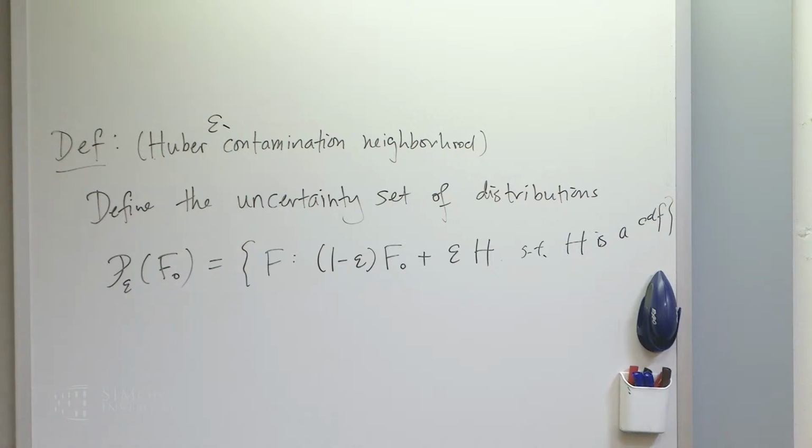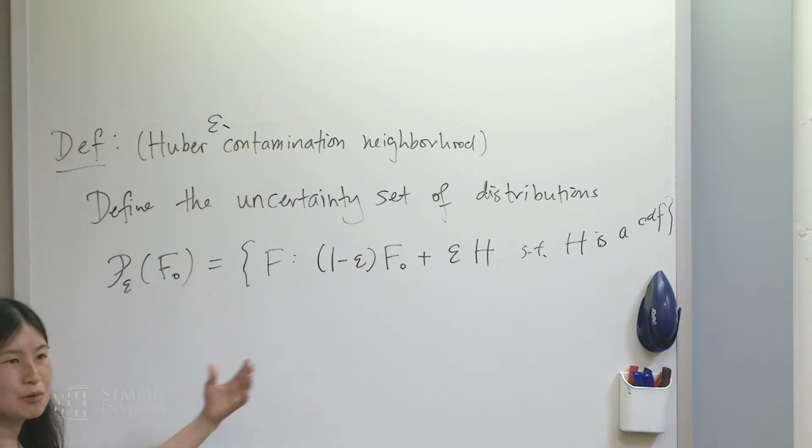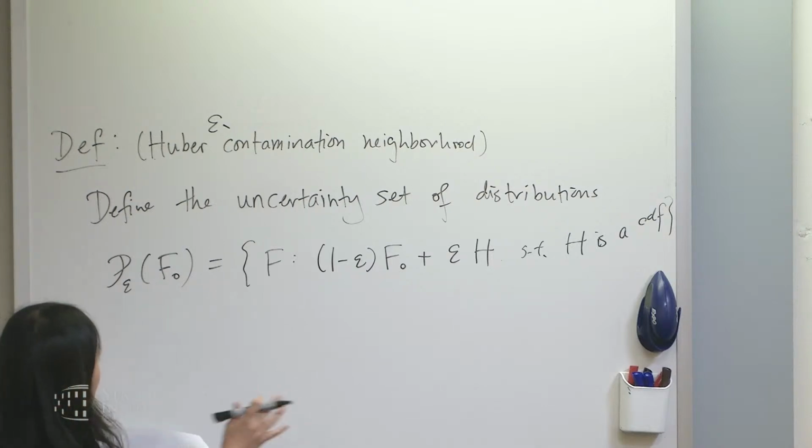And maybe just a small note. I'm going to focus on the Huber model, at least for the first part of this. But if you haven't seen much of robustness, you might ask, how about other neighborhoods? Other neighborhoods have been studied. In classical robust statistics, people looked at the Kolmogorov neighborhood, but not as much as the Huber neighborhood.